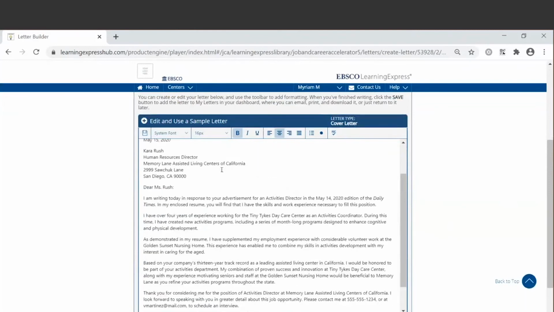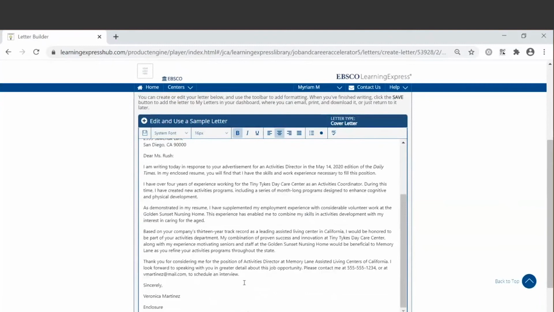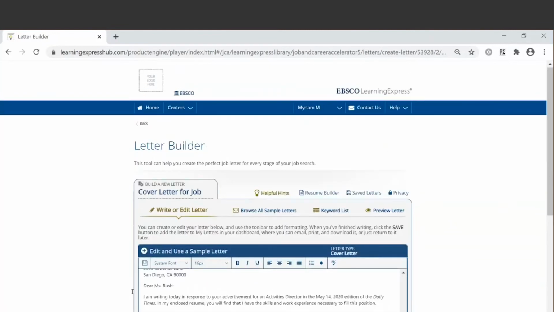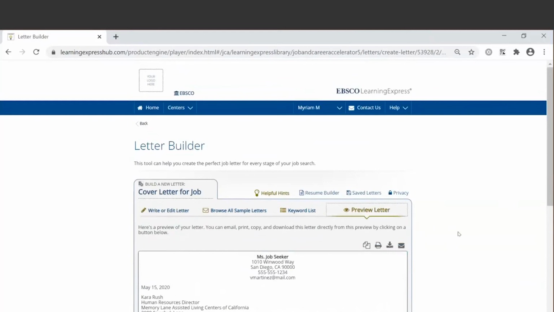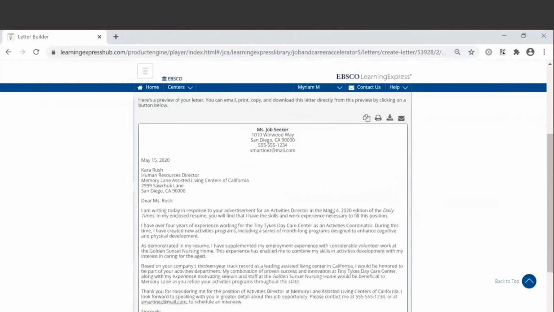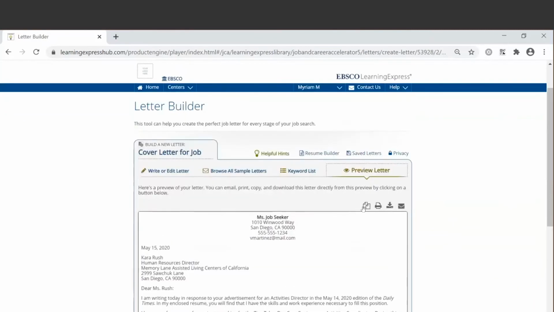And so you'll do any necessary updates that you want to do. Once it's completed, you can preview your letter. And then, of course, you can clone it, you can print it, you can download, and then you can email.